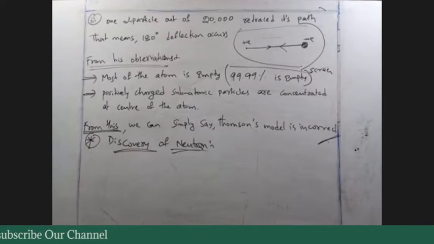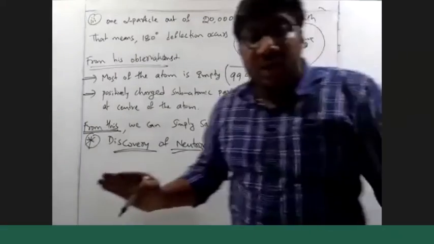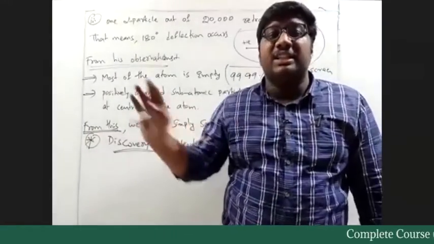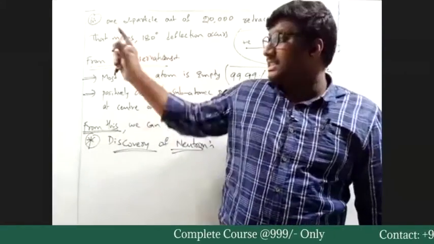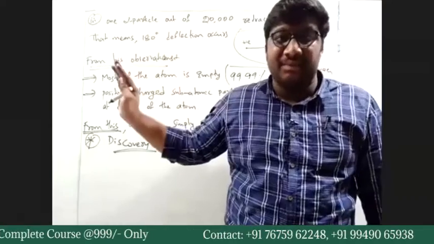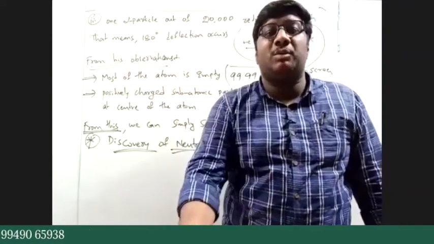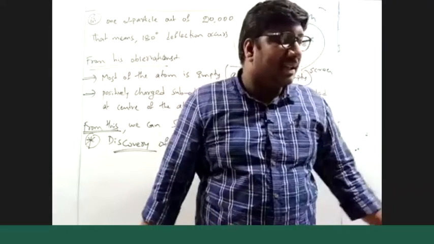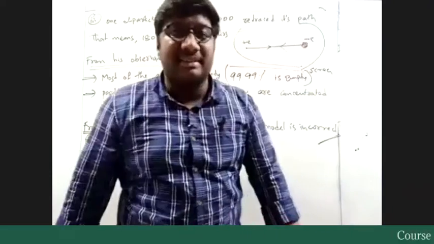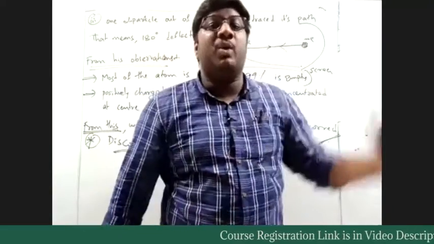Sampath asked about limitations of Rutherford model. So we didn't discuss limitations of Rutherford model, Sampath. We explained the alpha ray experiment, that's it. So Rutherford's model is yet to come. We need to discuss the Rutherford model. So you are asking the limitations. Limitations will be discussed only after discussing the model.